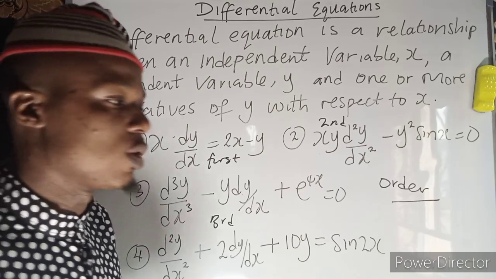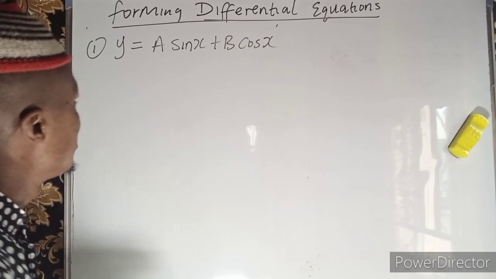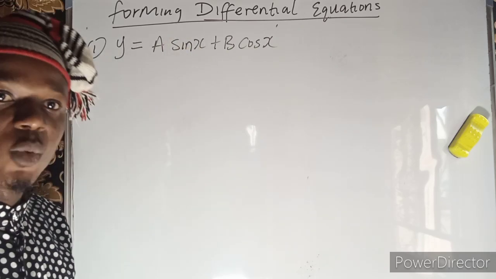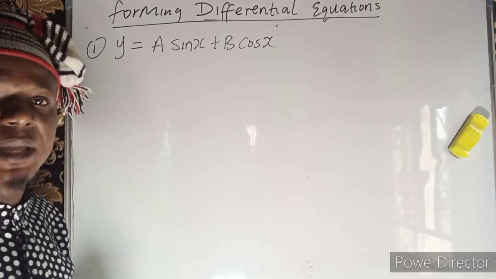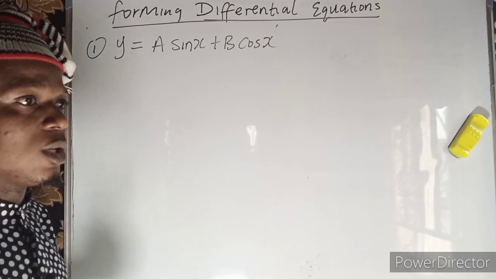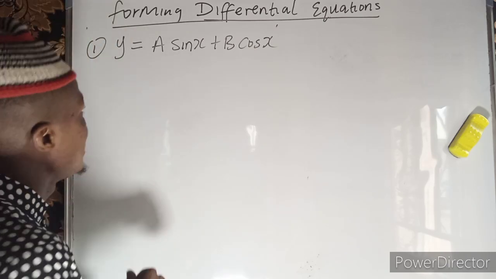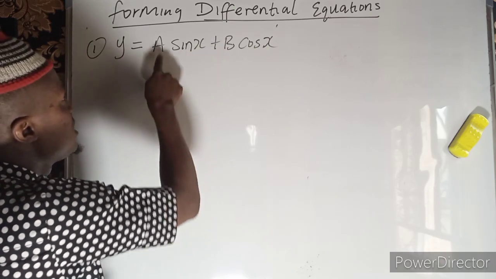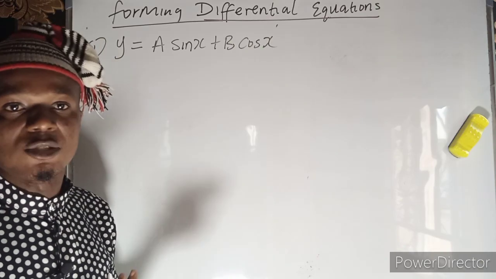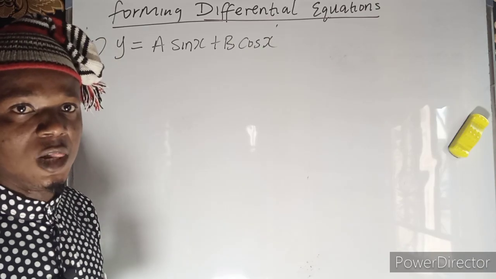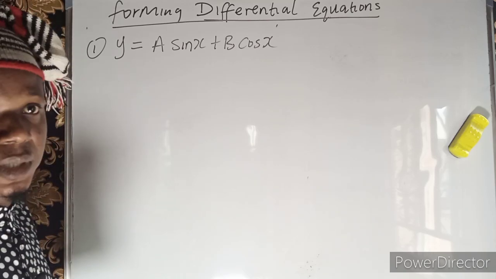a differential equation. So in the first question here, we want to see how we can form a differential equation. This kind of equation is given to us and we are asked to form a differential equation from this given equation. To form a differential equation from any equation, you must make sure that the arbitrary constants are removed. Look at what I mean by the arbitrary constant, this a and b. Once this a and b cease to be part of this given equation, it means that you have formed a differential equation. So in this first equation, where we have y is equal to a sine x plus b cos x,